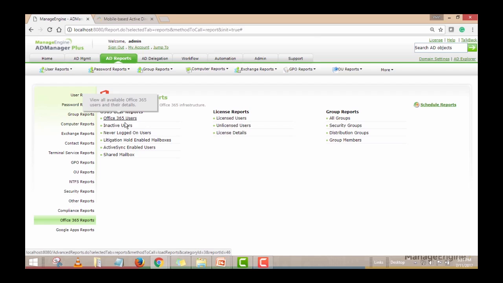in your infrastructure, and how many of them are active and how many of them are inactive, right? Or how many of them have not even logged into your Office 365 infrastructure even once. And how many litigation enabled mailboxes are there in your infrastructure. And if you'd like to gain more insight about the licensing details of your users, you have a dedicated section